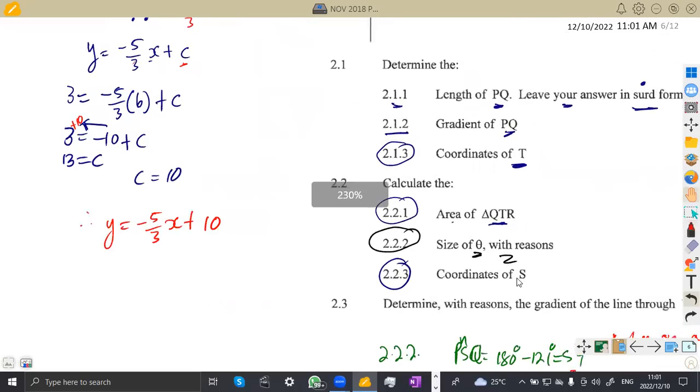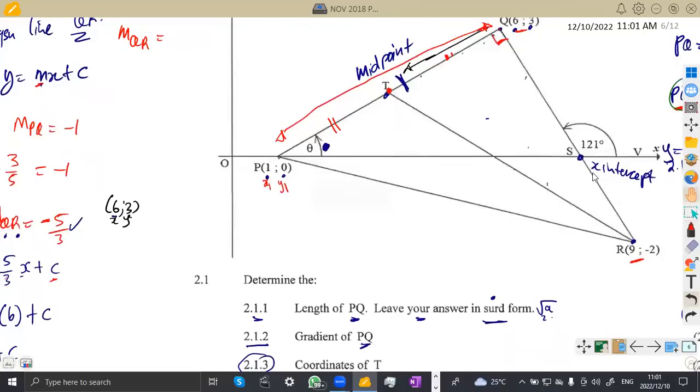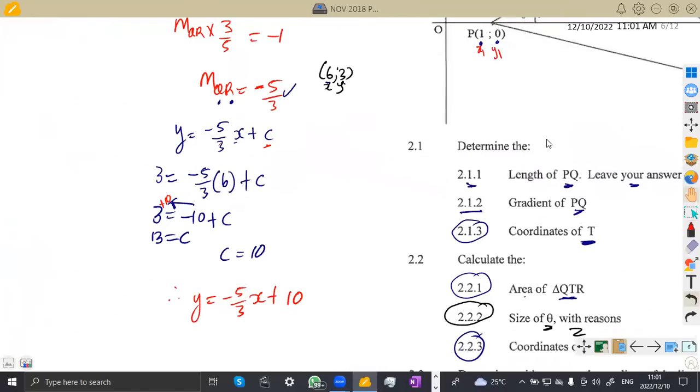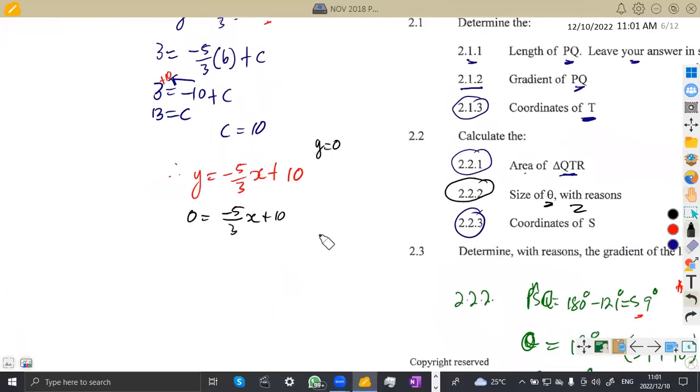So now we are going back to S. Since we now have the equation of this line, and S is the x-intercept, where we know that y is equal to 0, you're just going to substitute y equal to 0 to find the value of x at that point. So 0 is equal to -5/3x plus 10. To find x, just transpose +10 to the other side, and it will be negative. So 0 minus 10, which is -10, is equal to